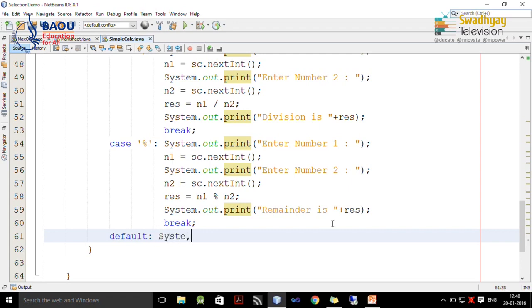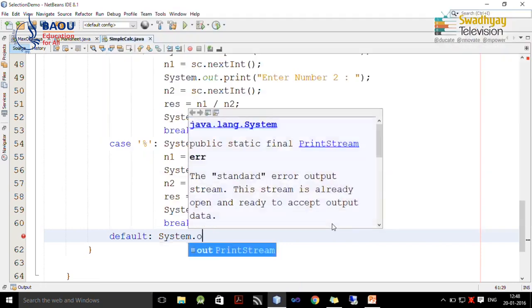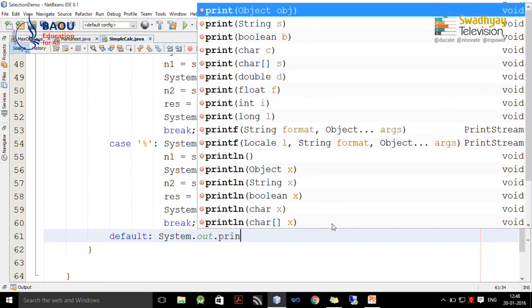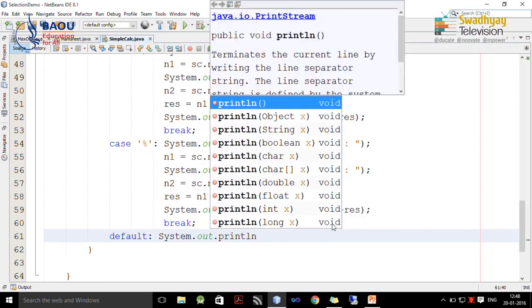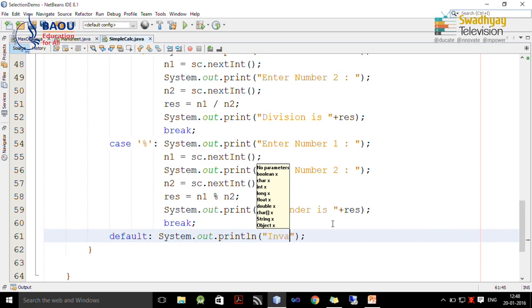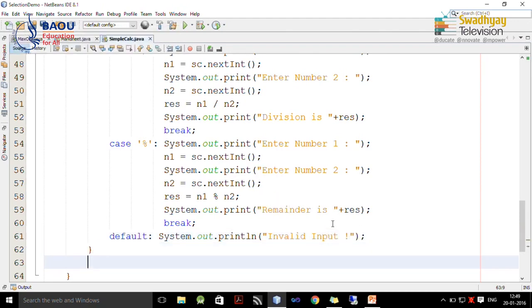So, here we are going to print "invalid input", because our input does not match any of the operators.